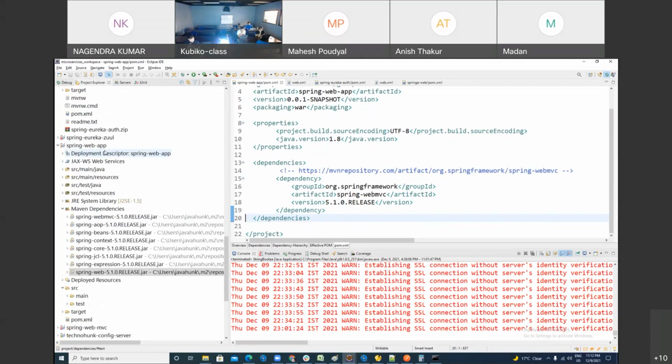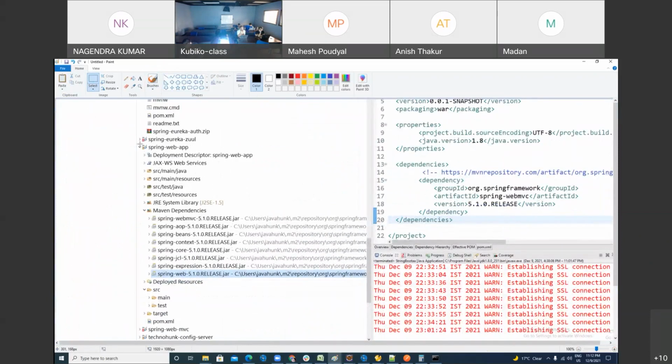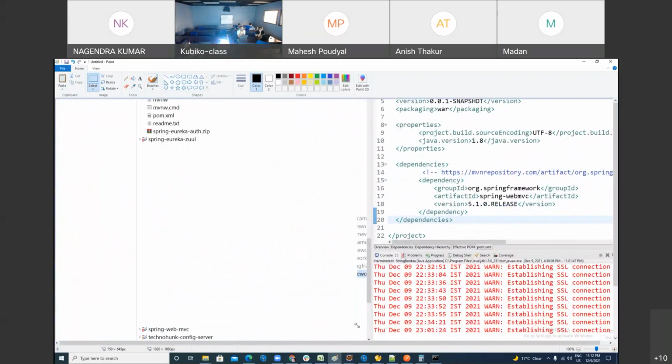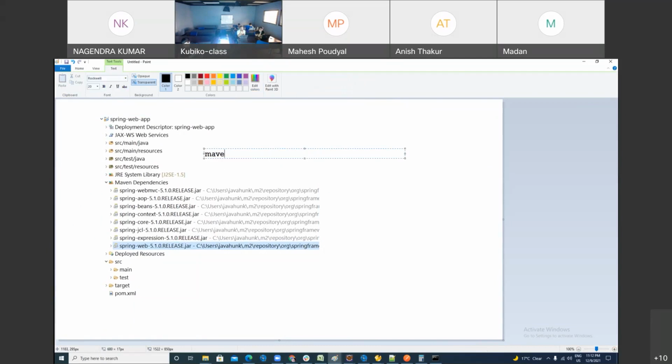So I'm able to create a web project with Maven support and Spring support. It is correct. After this much, my project is a web project with Maven plus Spring. Nice. If you want to make your project a Spring project, what do you need to do? You have to just add the Spring dependency, right? So any project can be a Spring project. You have to just add the jar with the help of Maven. So what does Maven do? Maven is used to add jars inside the project class path.